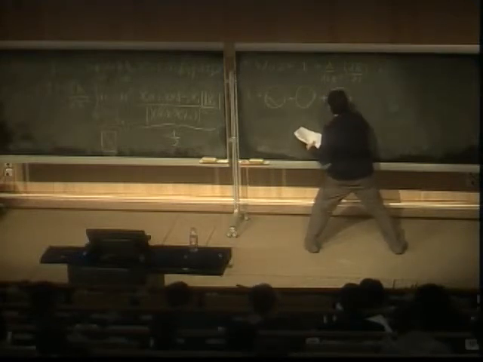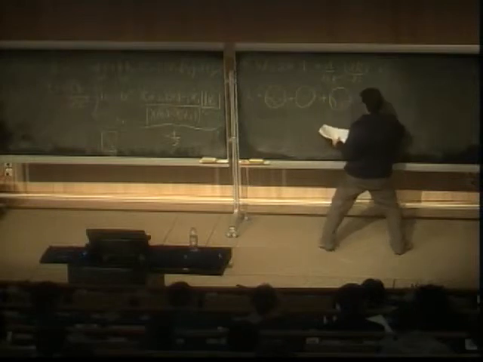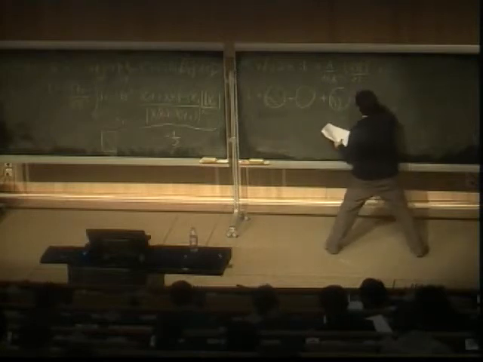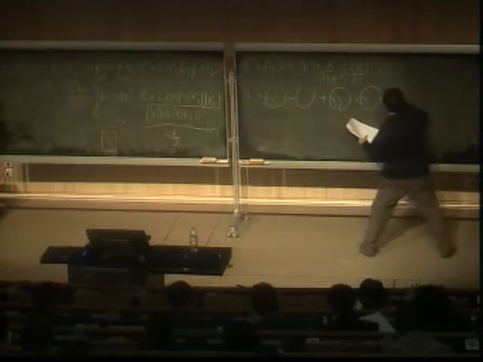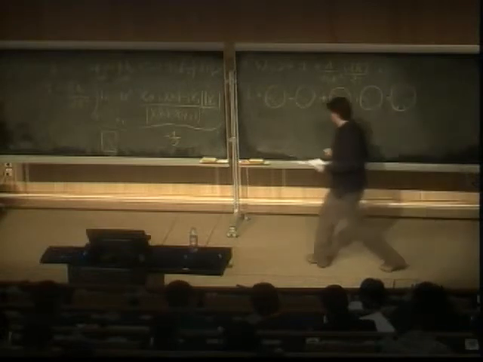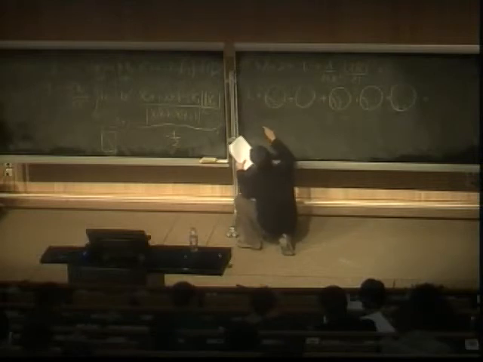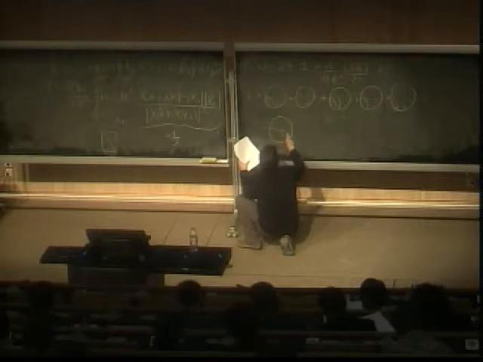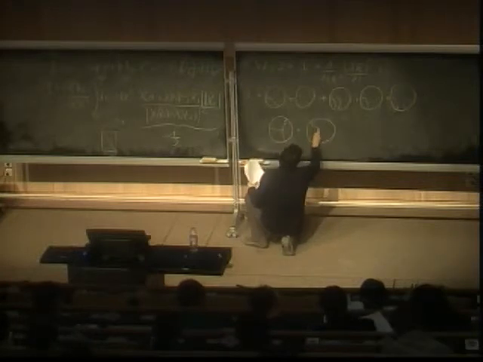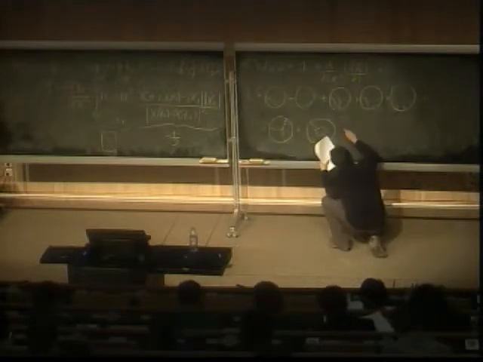So, you have this diagram here. Actually, let me draw them like that. Then you have these diagrams. You have these diagrams. But you have a lot of other diagrams too, because in the Lagrangian, you have new vertices. So, for instance, a diagram that you have is this one. Another diagram that you have is this one. Another diagram that you have